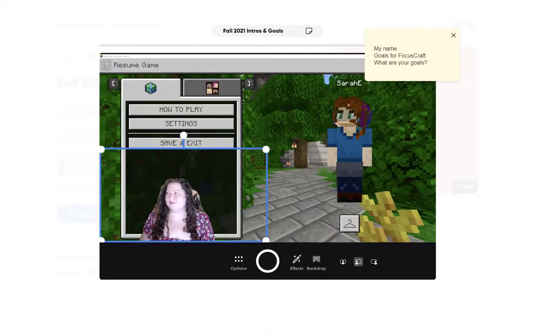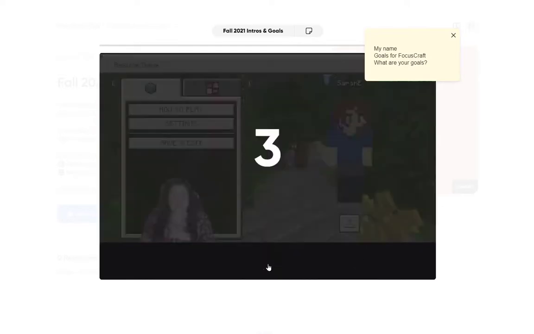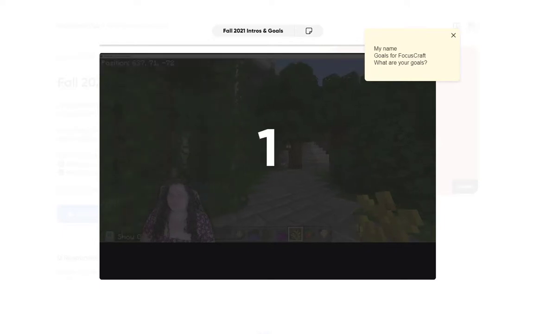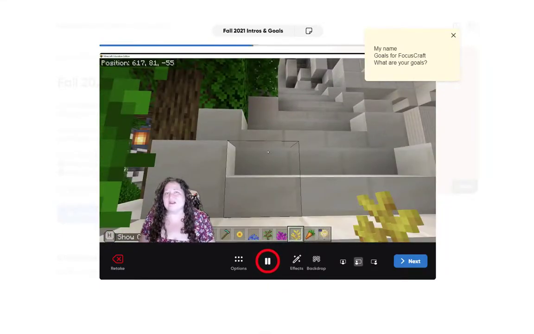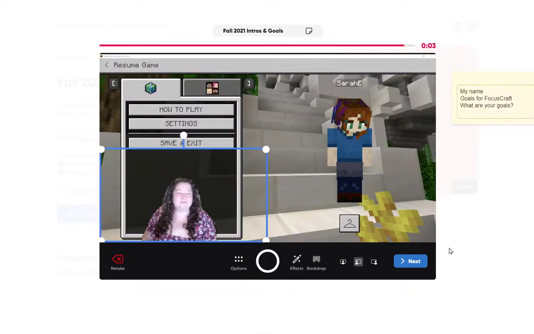So now when I am ready, everything's set, I've cleared a lot of the noise away, I can hit this big record button and I can record my video. It's going to count me in, and we're going to hit the sped up time lapse of me recording this video. You can see the counter running at the top, and then when you're done,